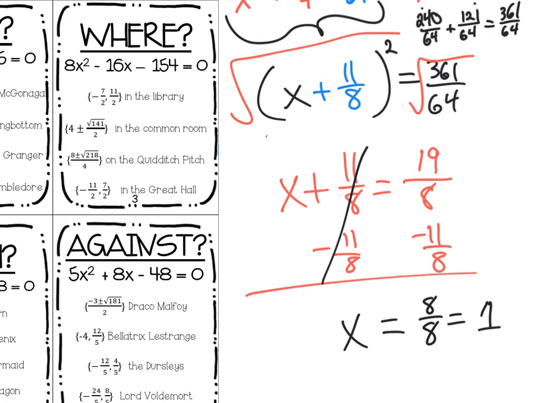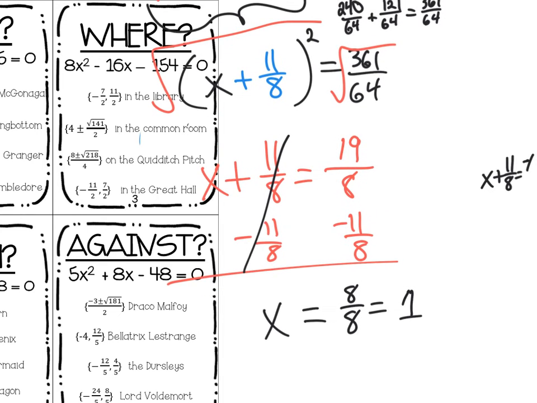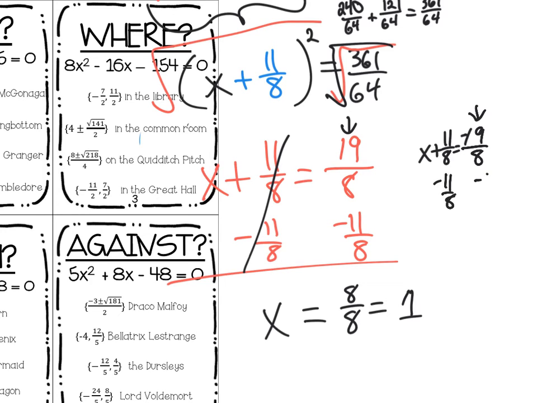One of the things that I forgot to mention was that once you take the square root of something, it could be 19 over 8, but it could also be negative 19 over 8, because when you're taking the square root of something, it could be positive or it could be negative. So now if I subtract 11 over 8 on both sides over here, I get x equals